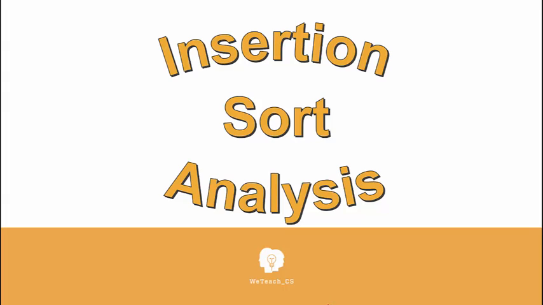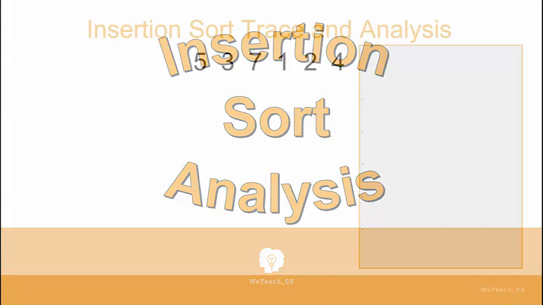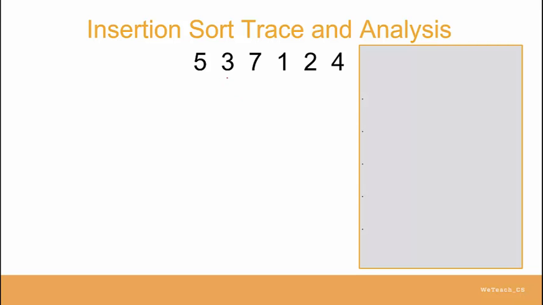Let's work through the analysis of the insertion sort. We'll use the same 6 values that we used in the card animation process, and remember we start with the value in position 1, trying to find the best place for this. Now before we do that, we need to save a copy of it, so I'm going to indicate that right here,